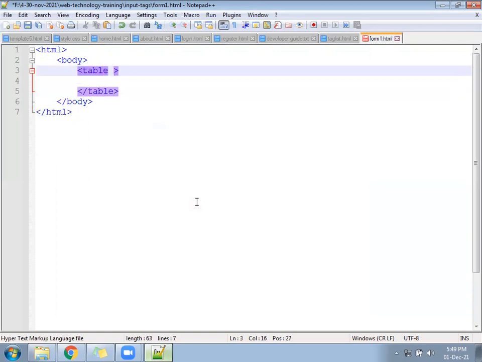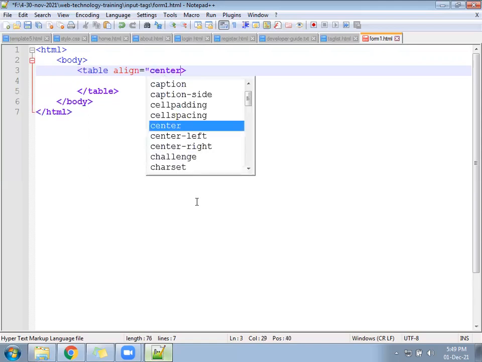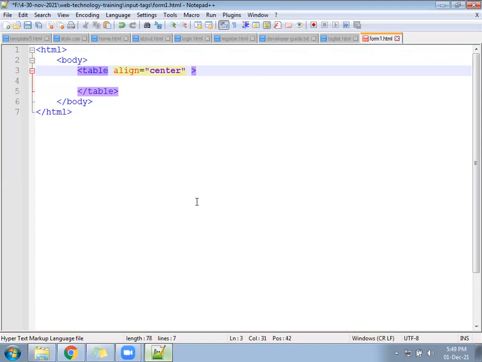Once we come to CSS, we'll start avoiding the table and use CSS property values to make the page look better. Table is the tag name, align is the property, and center is the value. Cellpadding is the property, and whichever number you write is called the value.